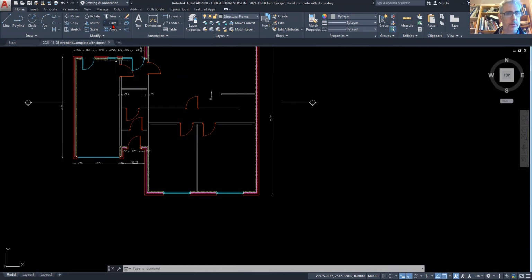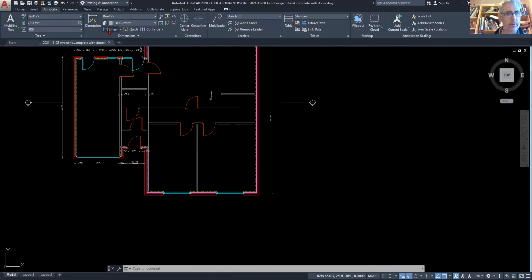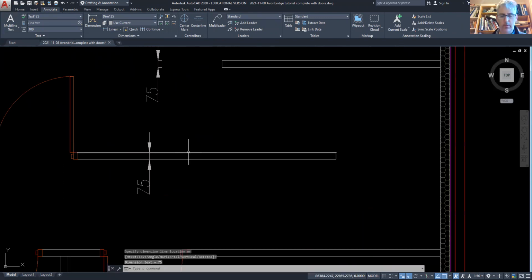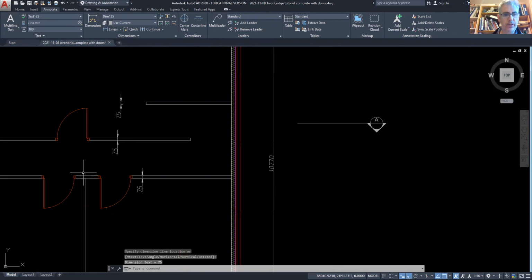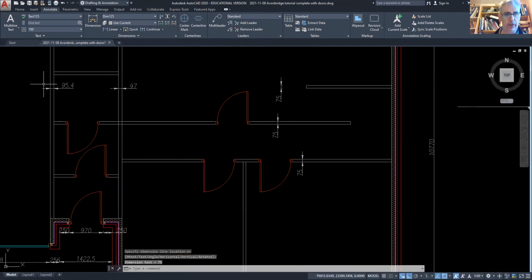let's go in and finish off these stairs in our annotate tab again. So this is 75, this is 75. This will be also 75. All of these internal walls here will be 75, apart from these two walls here that go down like that. Just delete that. And